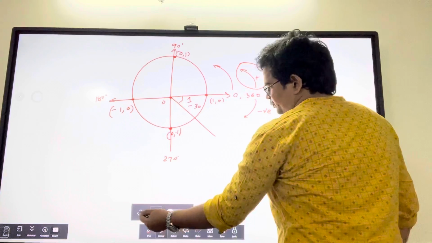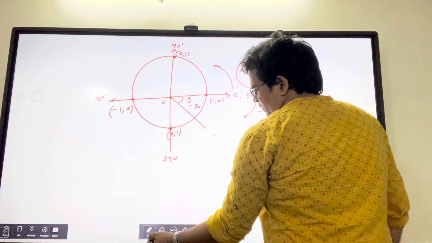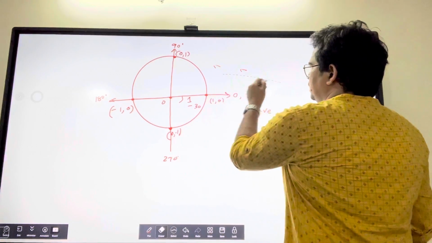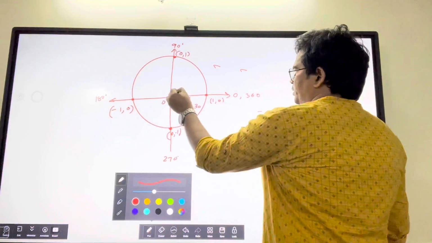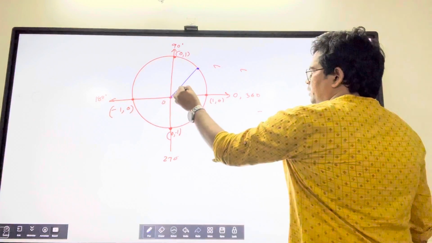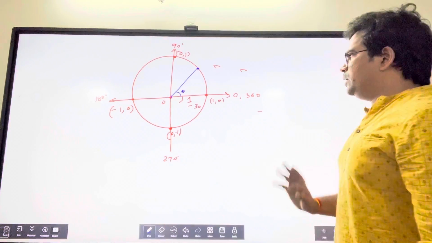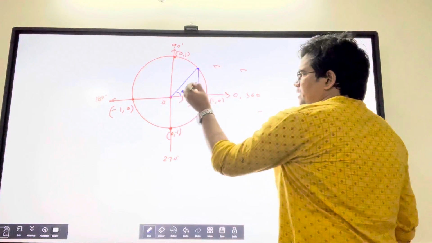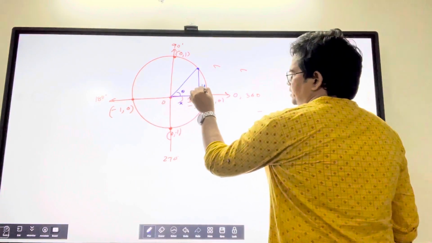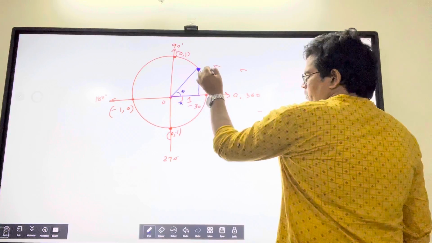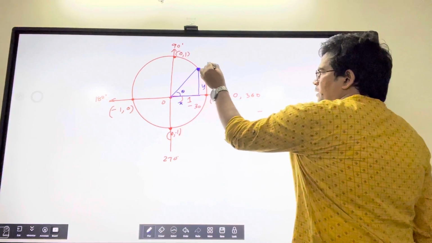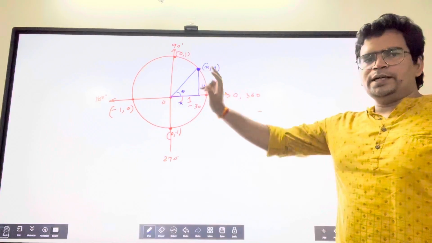So let's say if I take an angle somewhere in the first quadrant, suppose the angle is here, this is the first quadrant angle. If I take this angle as theta, any particular angle theta, you'll notice that this angle has this as the x distance and this as the y distance. So the coordinate of this point is, let's say, x comma y. So that's your x comma y, the general coordinate.